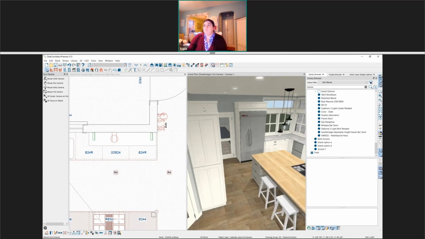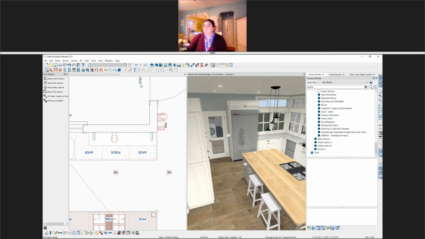So when I print out a cabinet schedule to go to a manufacturer, I actually have to add like a text box to my cabinet schedule to include my moldings, because it doesn't include in the cabinet schedule. And oftentimes the manufacturers miss that because it's not included in the schedule. So how do I get my cabinet moldings to include in the schedule?